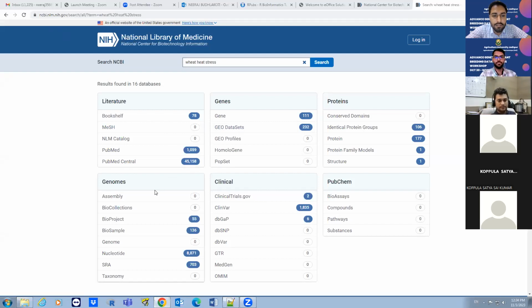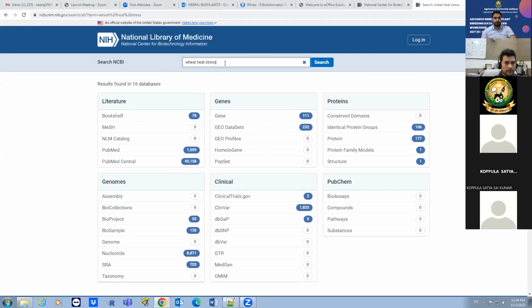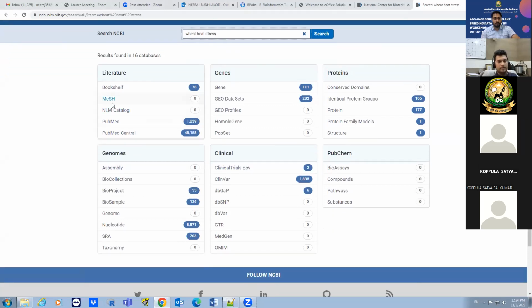You can see the availability of data like PubMed Central, papers related to this, genes, GEO dataset, variation dataset, BioProject, BioSample, nucleotide sequences, and SRA sequences. You can see a number of data records related to heat stress.